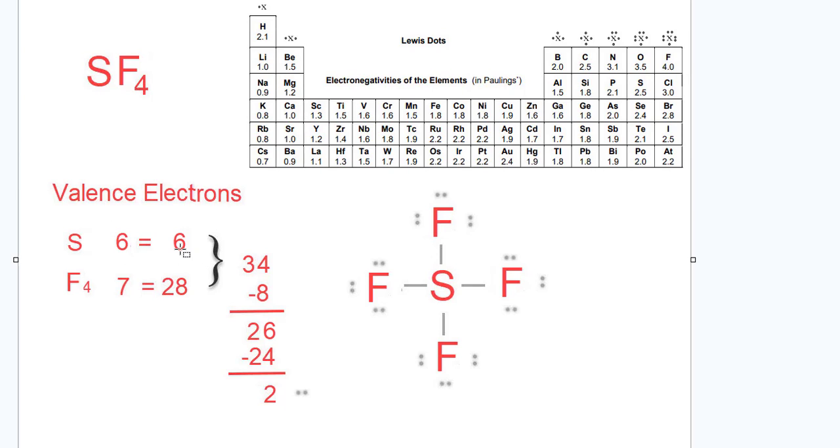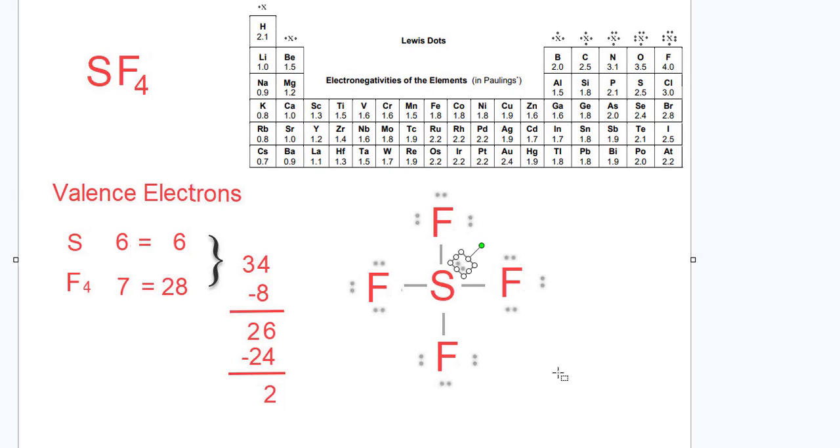So sulfur, six electrons, fluorine, 7 times 4, 28. We do our usual routine, and we find out we have two extra electrons. Our original Lewis dot diagram with the silicon had, of course, these four fluorines with their octets, their extra 26 electrons, but we have two extra electrons that we've got to find a room for, and that goes into the central atom. So I'm going to move it. I'm going to take these two electrons, and there's a spot here I can sort of squeeze them in, but the problem is we've got a